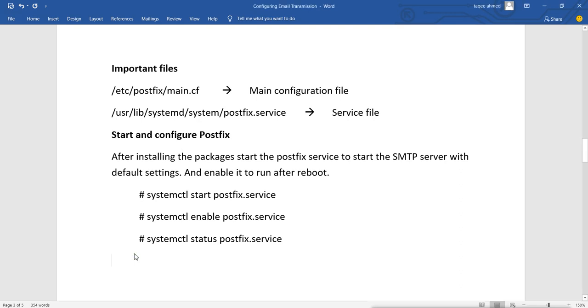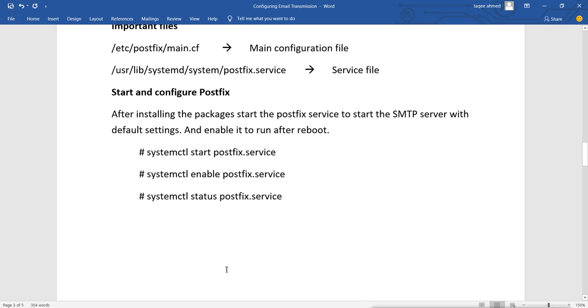Now by default it will run with the default settings. And what is the default setting? It is to receive mail from only localhost, and it only generates system mails about problems and errors and sends them to the local administrator. Now local users can also send and receive mail, but only on the local system. They cannot use it on other systems.